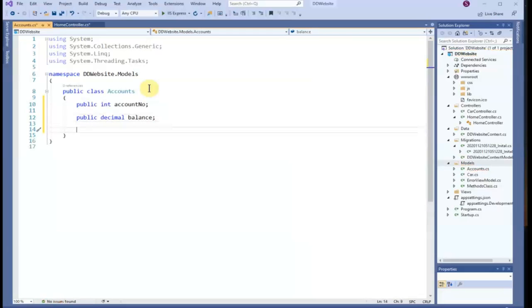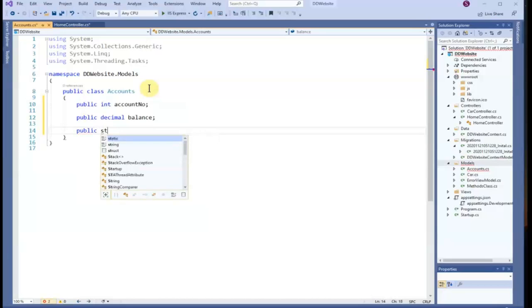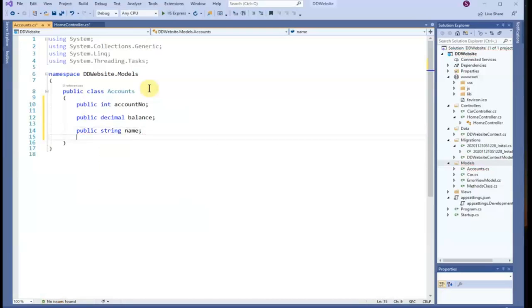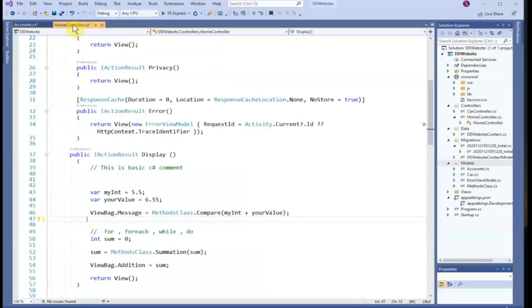and maybe it should have a name, so we know the account name. I am trying to make it as simple as possible. Account name should be string, that means a sort of text. String name, we just say simply name. Okay, now this is my account class, and we'll go into the home controller and we'll see whether we can create an